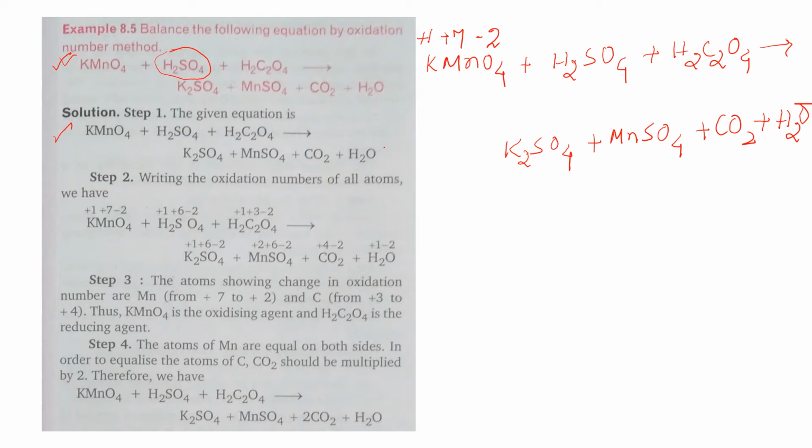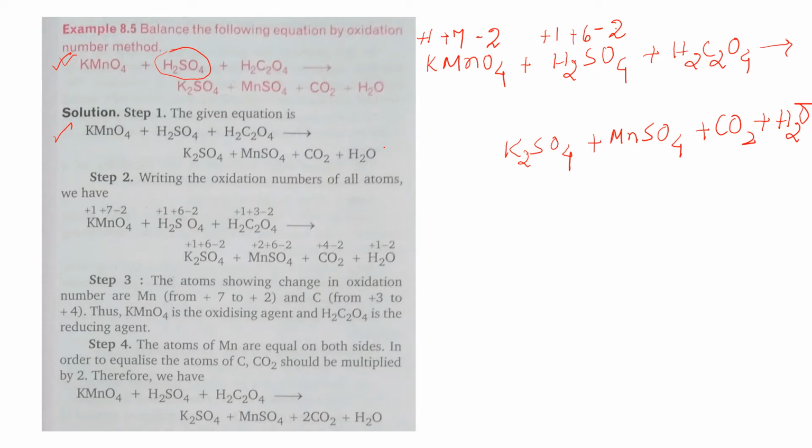Now H2SO4. You all know that hydrogen is +1, so write down only 1. When I multiply by 2, I will take +2. Oxygen is -2. Now how much is the oxidation number of sulfur? +2 - 8 = 0 with sulfur as x, so x - 6 = 0, and x is +6.